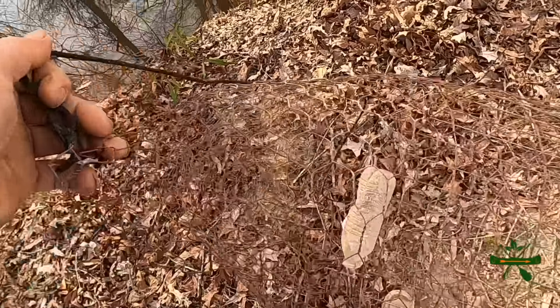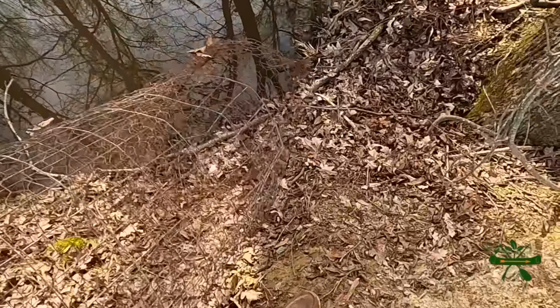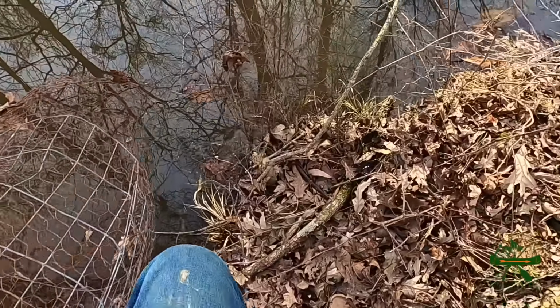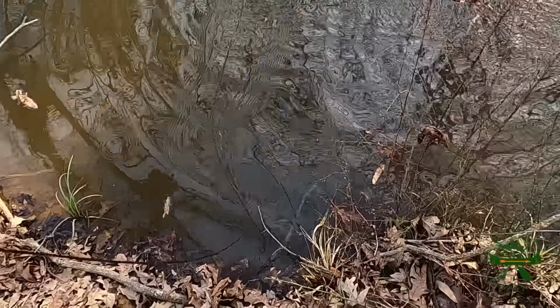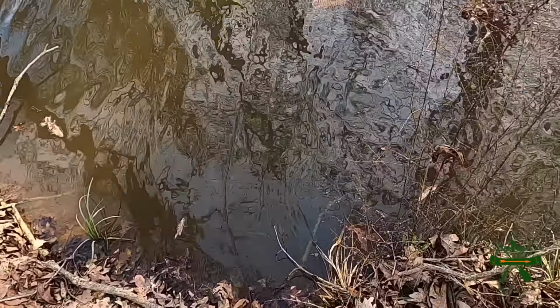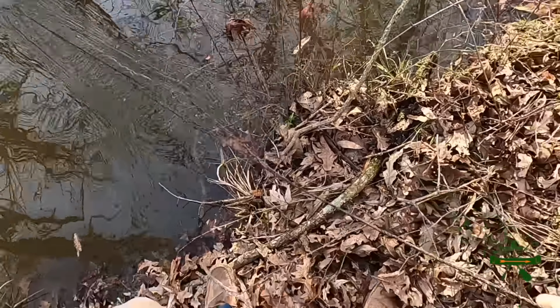Okay, so this right here, y'all, is a ditch that comes right up through here. I'm trying to learn how to film with two or three cameras, and I know, y'all, this chest mount's not everybody's favorite thing, so I am learning. This is just what I wanted to start with for the moment. So like I said, if you throw it just like that, with the throat downstream, theoretically, you don't even need any bait, okay? The fish is supposed to just swim up into it. So right now, what I'm gonna do,